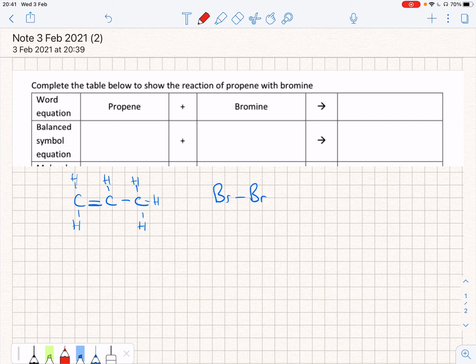Because this is an alkene, this bond here is going to split, and what will happen is this will create 2 new bonds. We'll put that one over there, and allow the bromine, which will also split, to add across that double bond. So what we end up with, if I draw my original propene structure, there's my propene, and then within this I'm going to add the bromine to it. Okay,